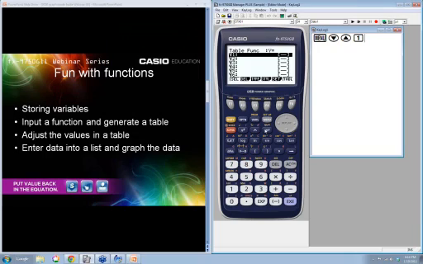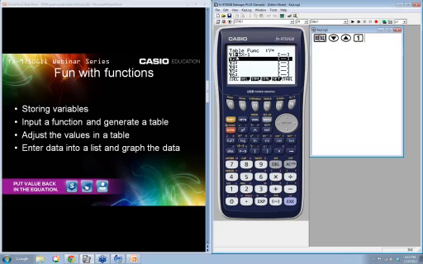All right, so let's go back. Into here we're going to put a function. Let's put a simple function. Let's say it's 3x minus 1. So I'm going to type 3 and then my variable key minus 1. And I have to press execute at this point because I have to tell the calculator that I'm not going to give you any more information. That's the whole function. And if you'll notice, the equal sign has a little black shading around it. That tells you that that's the function that is now active.